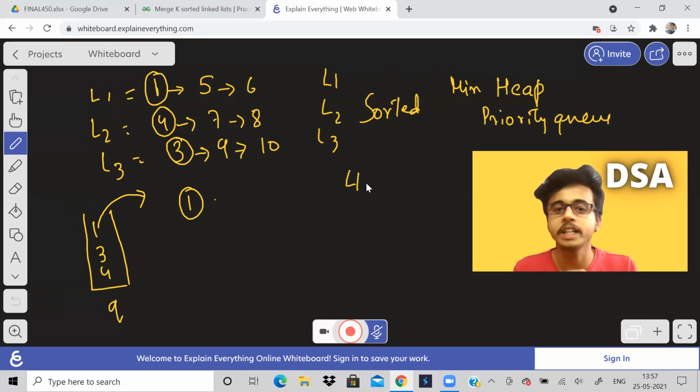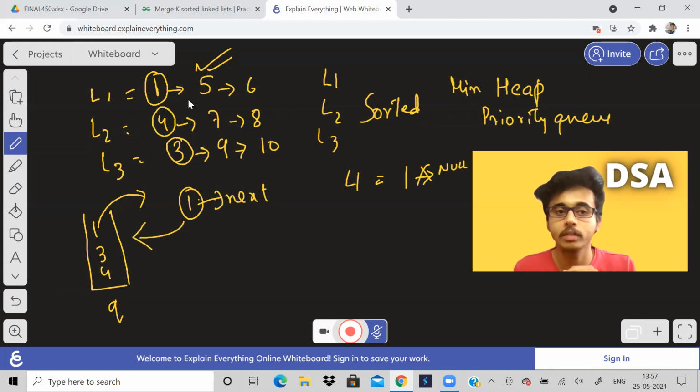So for example, if linked list 1 was only 1, there was nothing over here, then it is null, so we don't want to end up in null place. So we will check, does 1 have any next element? Yes, 1 has 5 over here. So we will push the next element of 1 into this queue.